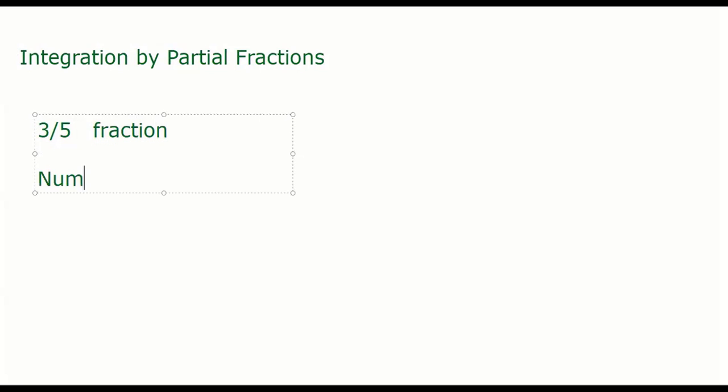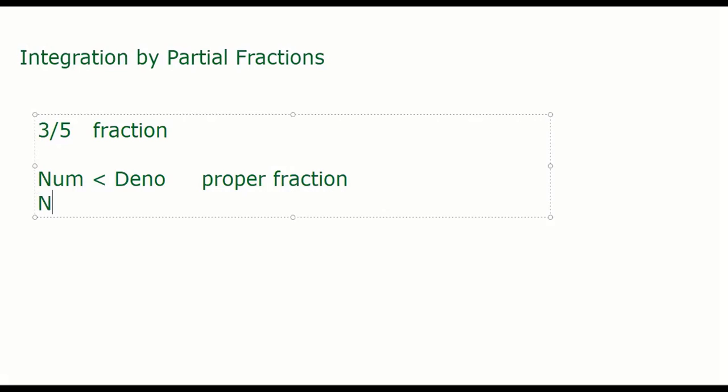When the numerator is less than the denominator, which everybody knows, we call it a proper fraction. Everybody agree? And when the numerator is more than the denominator, we call it an improper fraction. For example, 3 by 5 is proper, or this is 7 by 2, correct? This all of you know. But why am I bringing this up? Because